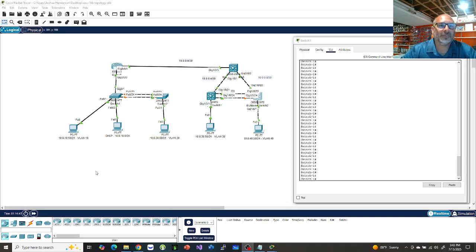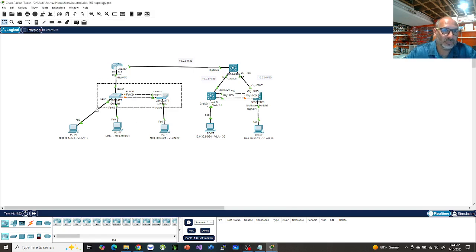Welcome back. In this video, we're going to be creating EtherChannels. EtherChannels are LACP, which is open standard, or Cisco has their own protocol called PAgP. So we're going to do both. These two switches, we're going to do LACP, and these two, we are going to create a PAgP EtherChannel